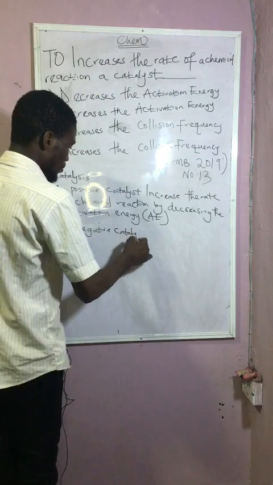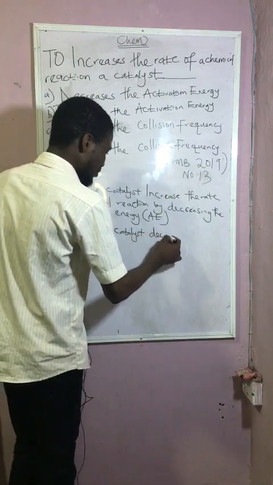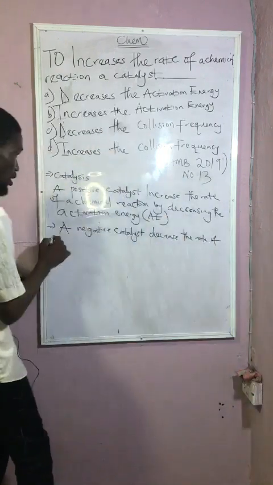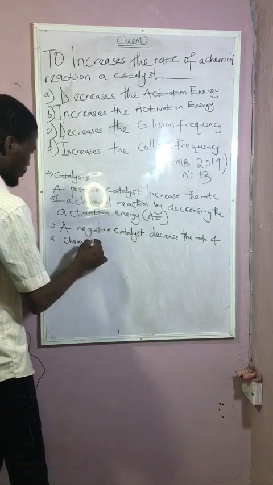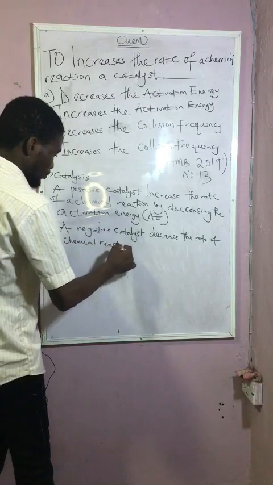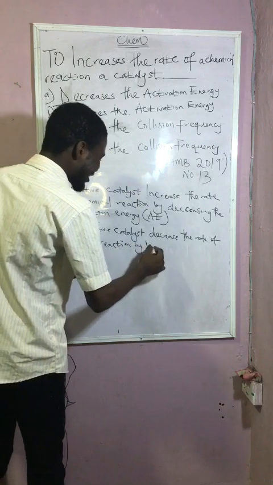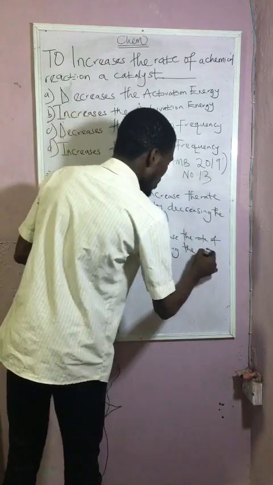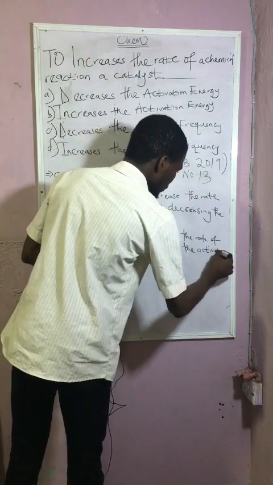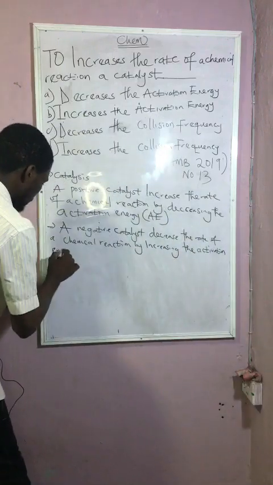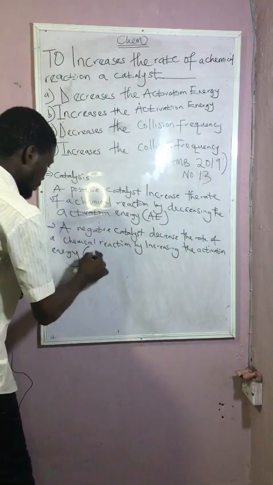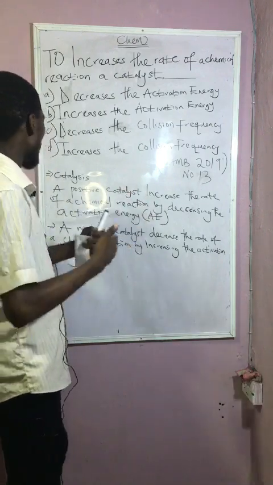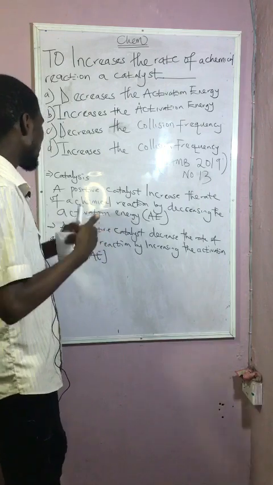catalyst decreases the rate of a chemical reaction by increasing the activation energy. So guys, if we say a positive catalyst increases the rate of a chemical reaction by decreasing the activation energy,